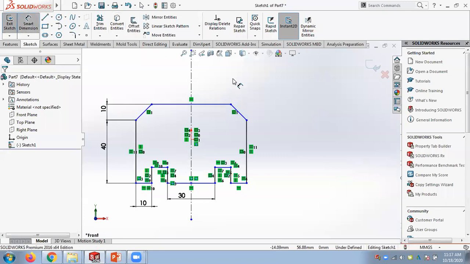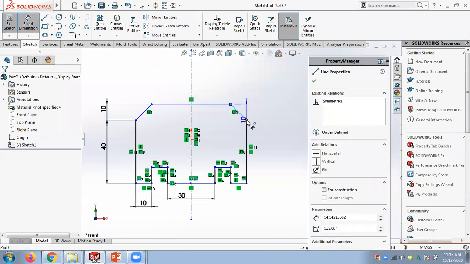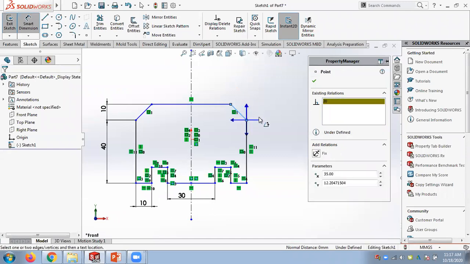So you can go to smart. Just select this line. Select the point here. Then you will get 4 arrows. I want to put the angle here, so you need to select this arrow. If you select this arrow, the angle will be put here. Okay. That's how it works.